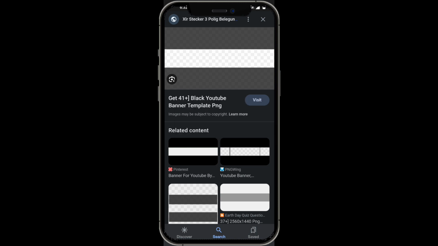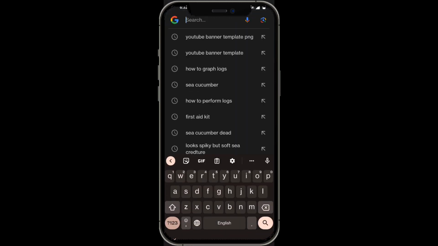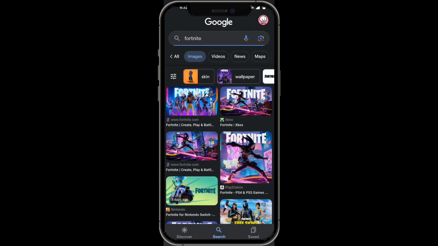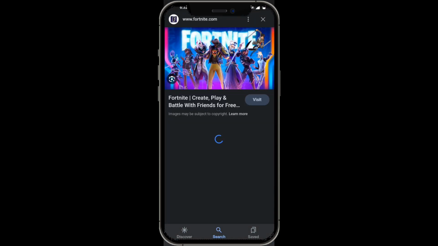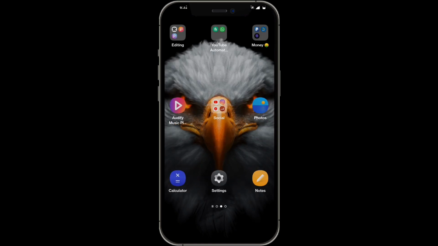So now that this has been downloaded into our folder, we want to find a couple of other photos that we want to include in our YouTube banner. So maybe our banner is about Fortnite, so we can basically type in Fortnite. Maybe download this awesome page. So just download all the photos, and once you have that done, you want to go into your Google Play Store,